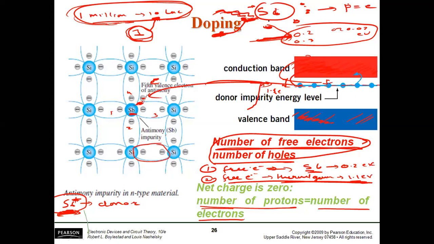इस एंटीमनी पे नेट चार्ज क्या होगा? पहले P was equal to E, now E is E minus 1, it has lost its 1 electron. So now P is 1 greater than E. P is greater than E by how much amount? Just by 1. So इस एंटीमनी पे पॉजिटिव चार्ज आ जाएगा।